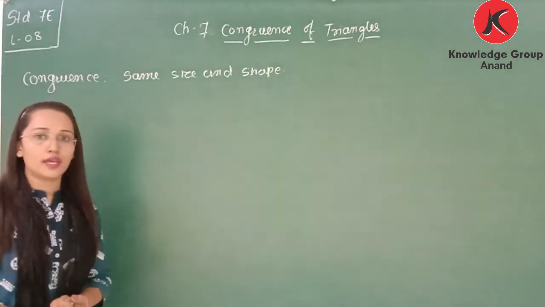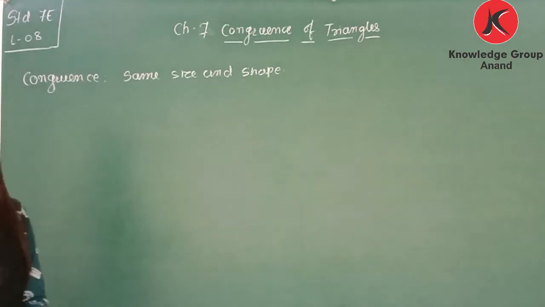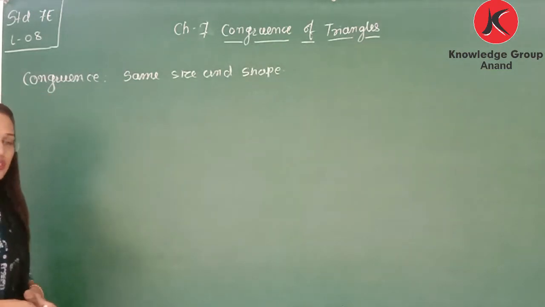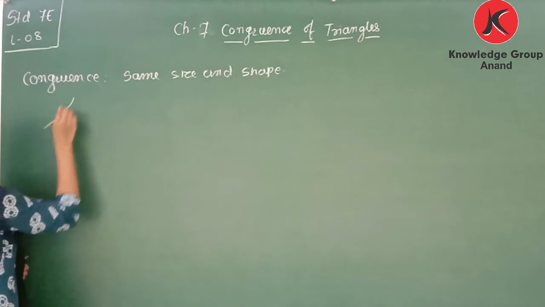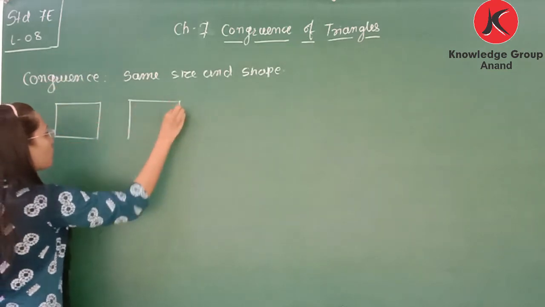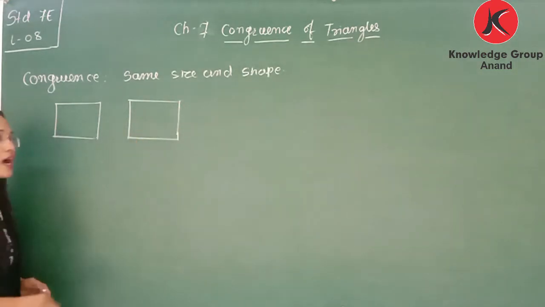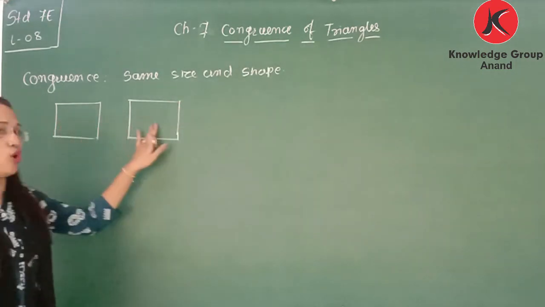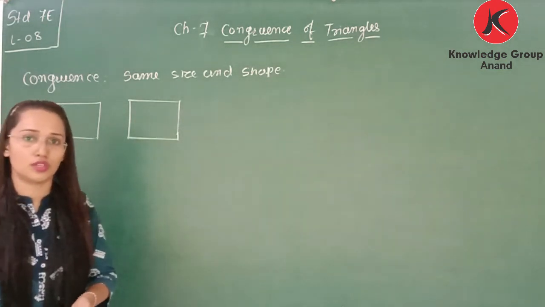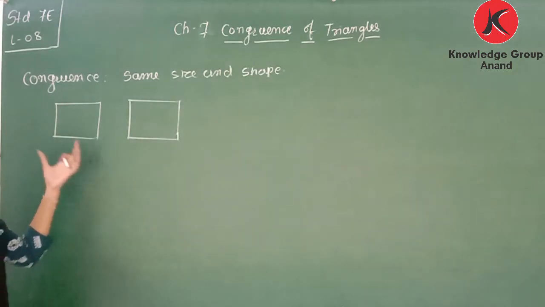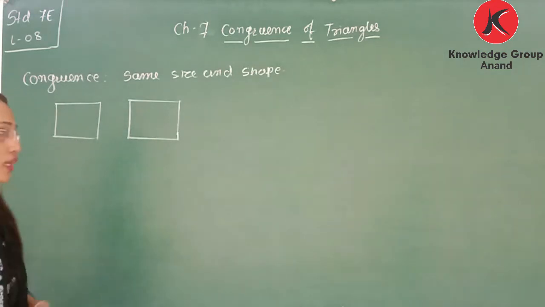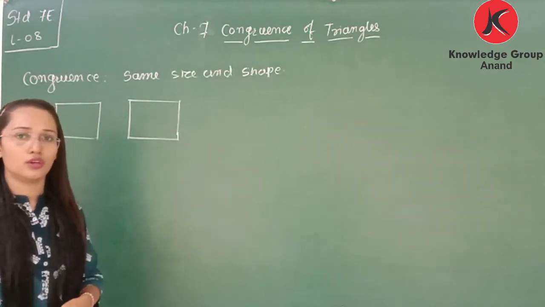Now after that, what is congruent? Again, if the figures are of the same size and shape. We learn about plane figure congruency. If we have this kind of shape, let's say a square, and we have two squares of the same size, then these are called plane figures that are congruent. How can we say they are congruent or not? By using superposition. If we take a copy of this one and place it on another square, and if they cover each other completely, then these two squares are congruent.